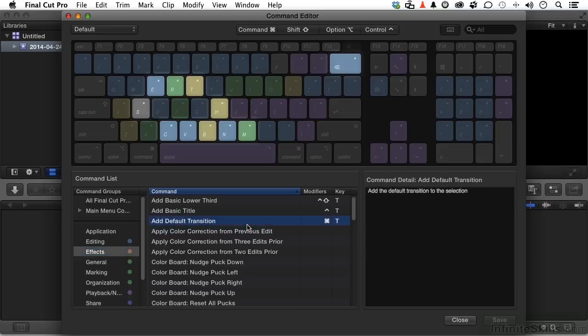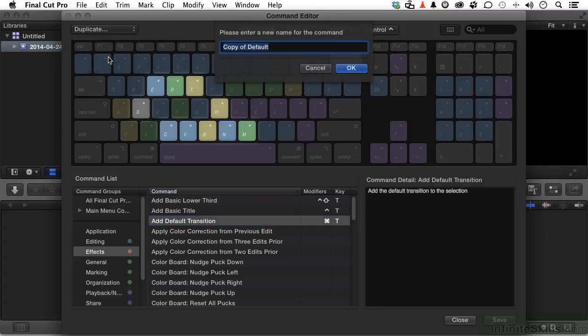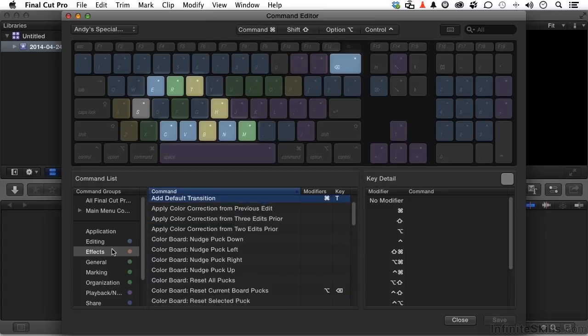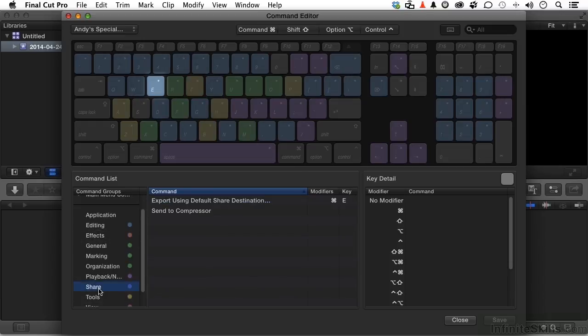But what if a particular function doesn't have a shortcut and you wish it did? Let's do this. Let's go up to the word default and let's duplicate this set. That's how we start. You cannot change these keys, thank goodness. We'll call it Andy Special Keys. Click OK. If we go into Share, export using default share destinations, and that's a Command E, but I use